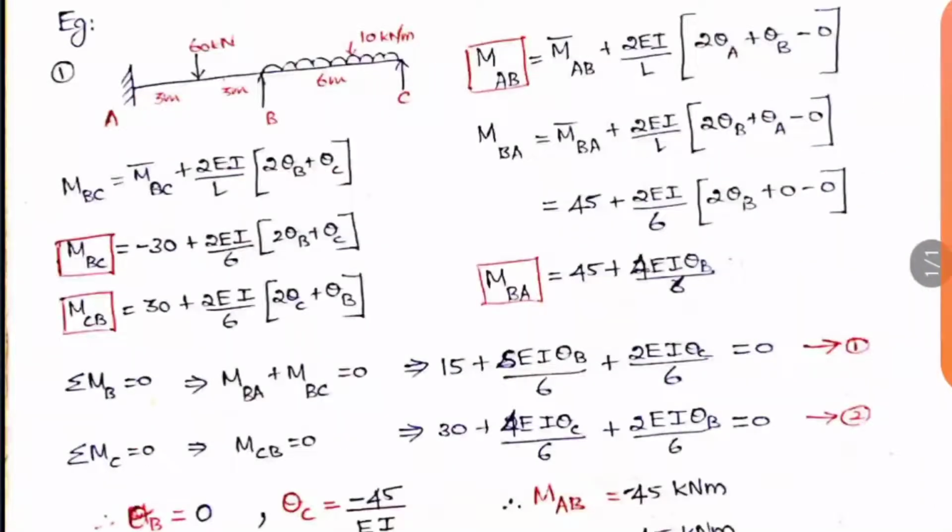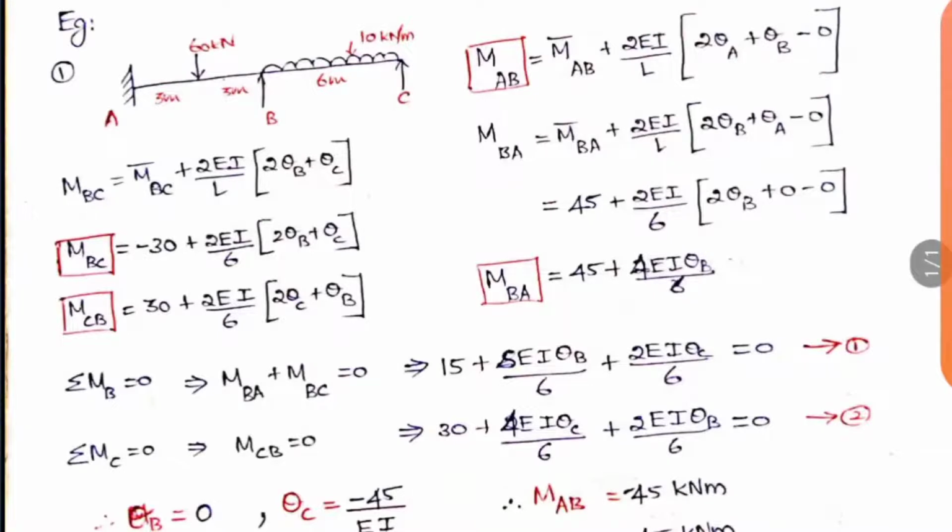Okay, so here I have taken a cantilever-like beam, but with continuous spans, A, B and C. In the first span AB, we are having 60 kilonewton at the center of that span, and in the next span BC, we are having a UDL of 10 kilonewton per meter. Okay, so now by using the slope deflection formula, we are going to find the moments at all the three supports A, B and C. So that's all we are going to do now. Okay, so first let us take AB, then BA, then BC and then CB.